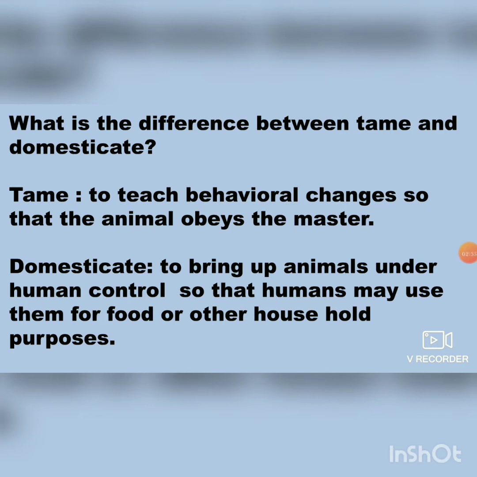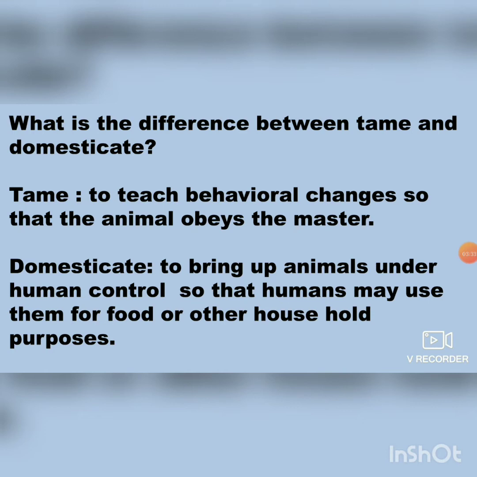We domesticate them at home to be useful to us. That is, we grow them. If we grow a cow at home, we make use of it. We sell their milk and get some money. When we have hens at home, we can sell their meat or their eggs and get some money which will be useful to us. Likewise, this is called to domesticate an animal. So I hope, children, you are clear about the meaning of tame and domesticate.